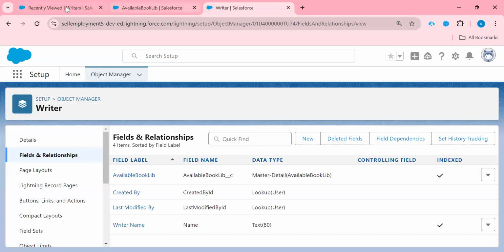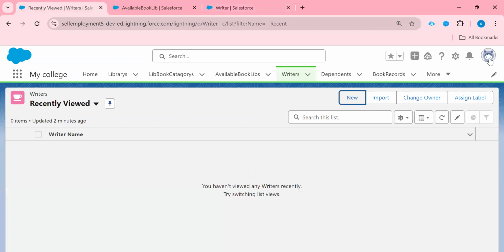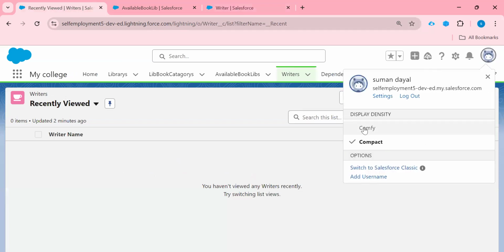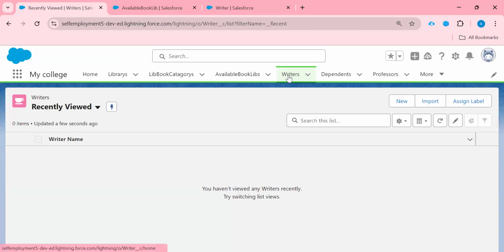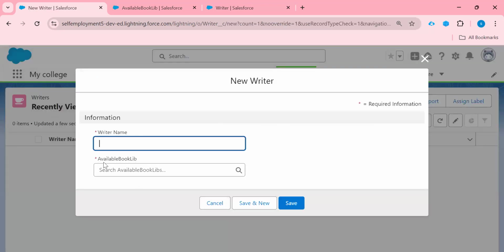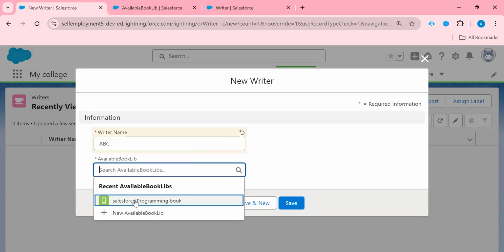Right? So come to our application, just refresh our application. See, if I click here on writer object, click on new, you can see available book library is available here, and it is a mandatory field. If I am entering a writer here, for now suppose I am just taking ABC as the writer name, and the available book is only Salesforce programming here.